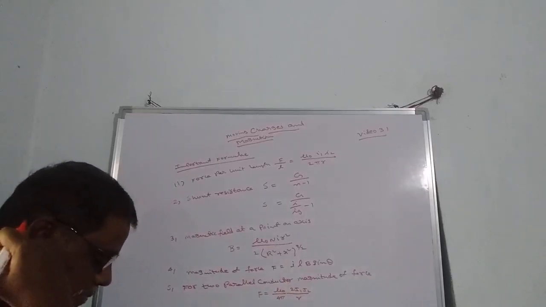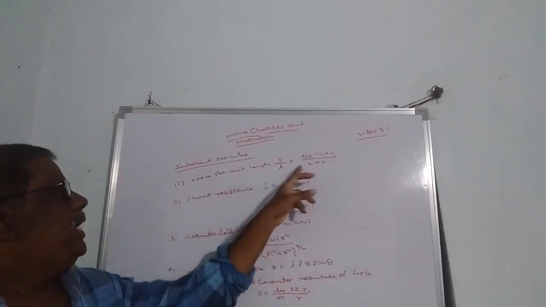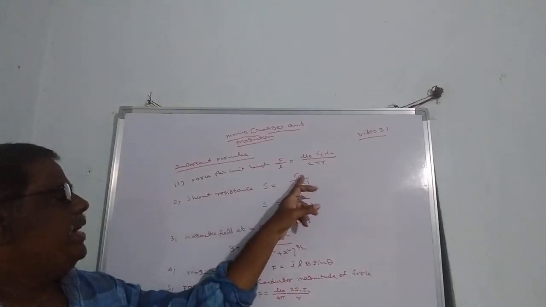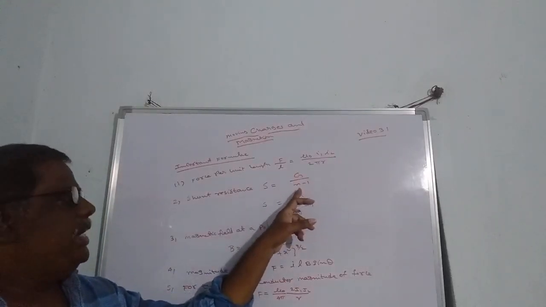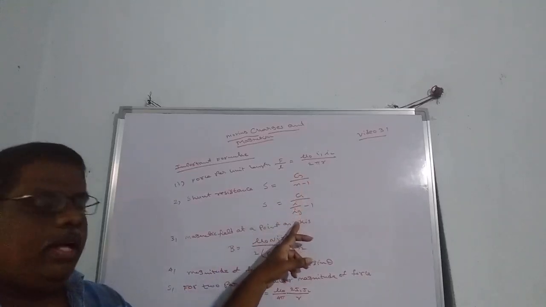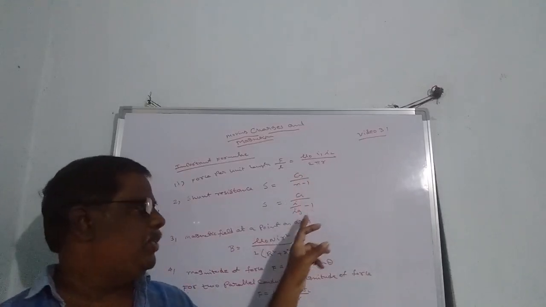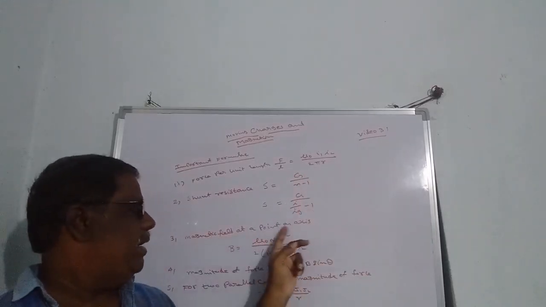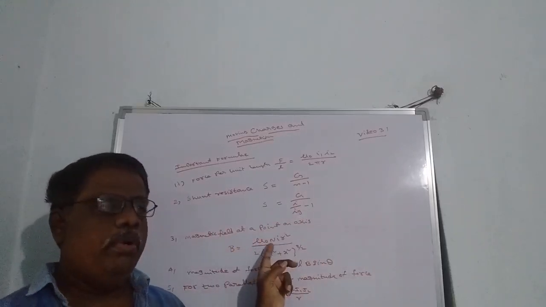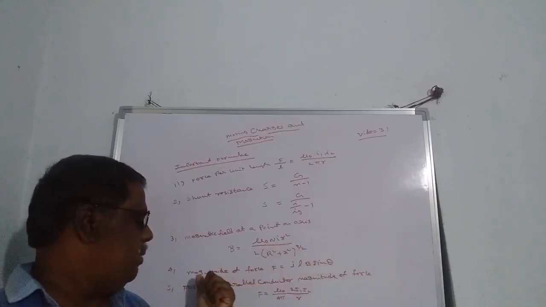So these are the important formulas today. Force per unit length: mu naught I1 I2 by 2 pi R. To find shunt resistance, G is the galvanometer resistance, and N is the ratio of total current to current passing through the galvanometer. N is nothing but I by Ig minus 1. Magnetic field at a point on axis: B is equal to mu naught N I R